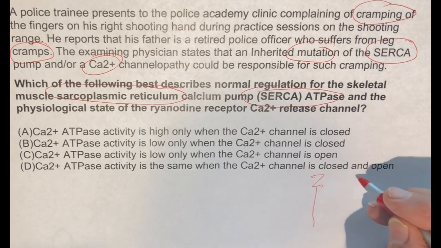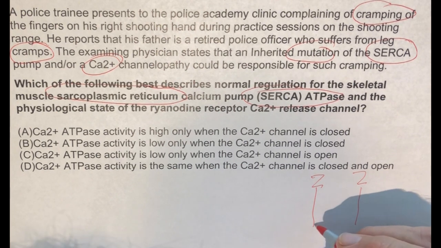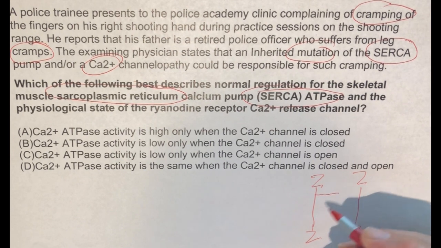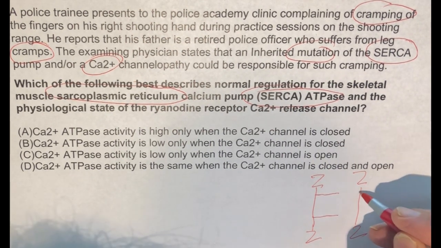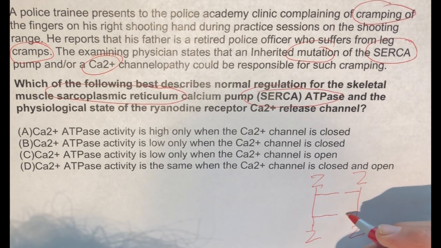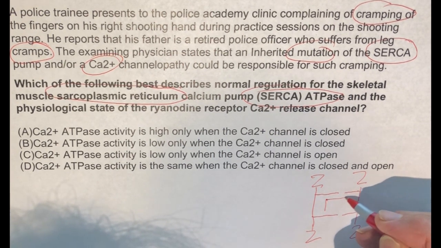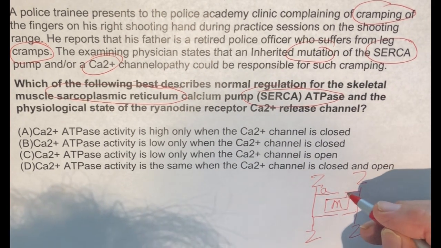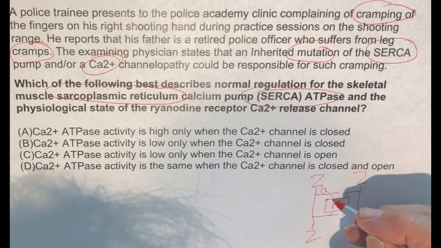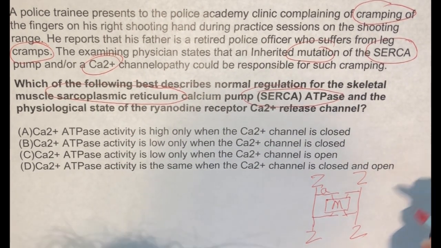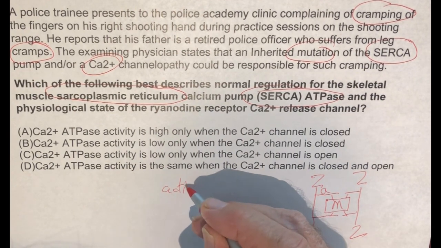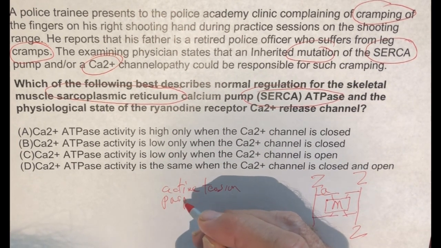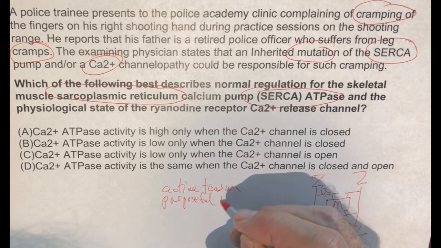So let's look at the sarcomere. We should draw a simple cartoon of what we know about a sarcomere. A sarcomere is the space between two Z lines. Attached to the Z lines are thin actin filaments. And between the actin filaments, we have a thick filament known as myosin. And we know it's the cross-bridging that occurs between the actin and myosin filaments that produces active tension for purposeful movement.